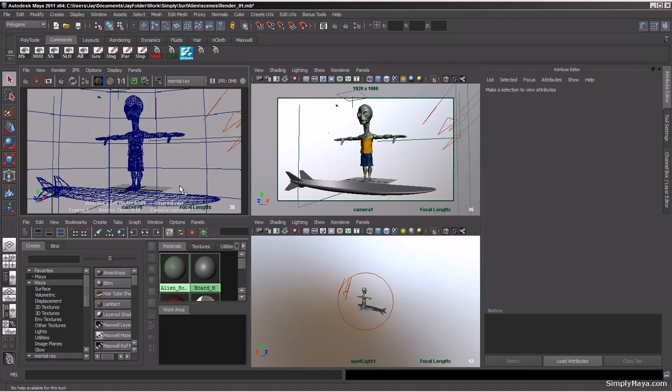Okay, so on to rendering. In this section, what we're going to be doing is covering the shading of our character for the main part of it. We're going to be using subsurface scattering shaders for the body and for the interior of the eyes. The other stuff is going to be basic setup with just standard blend shaders on the board and the shirt